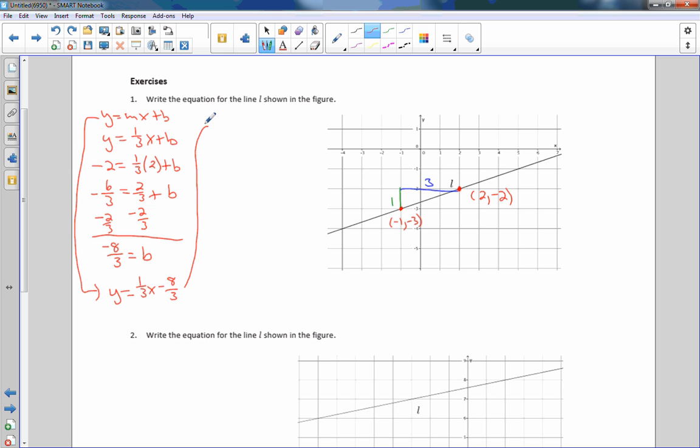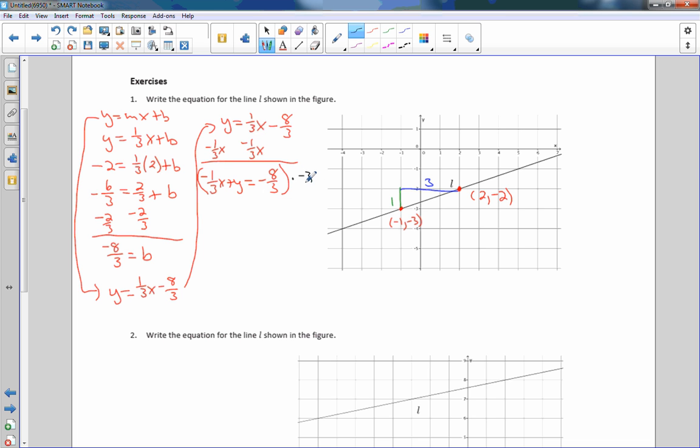Putting this in standard form, y equals 1/3 x minus 8/3. I'm going to move my 1/3 x, and I'm going to get negative 1 over 3x plus y equals 0 minus 8/3. Okay, standard form does not allow us to have a fraction or a negative a, so I'm going to multiply